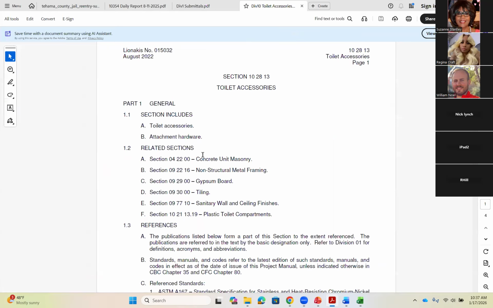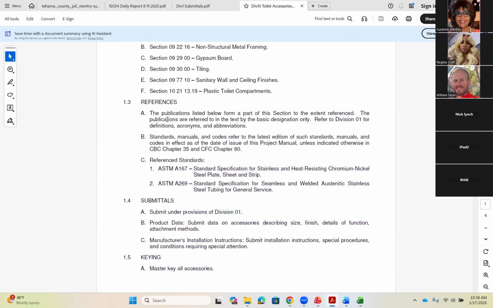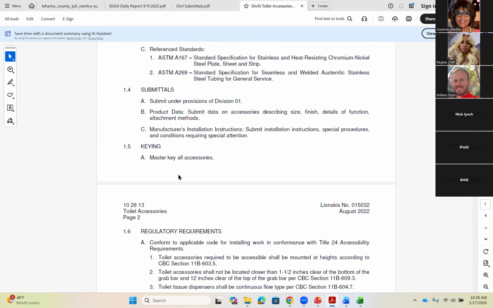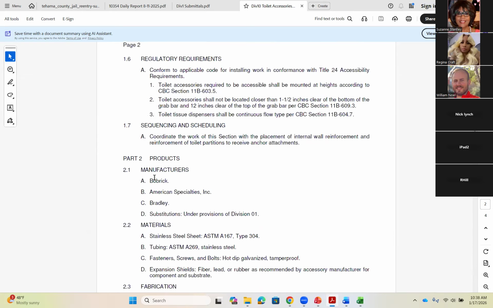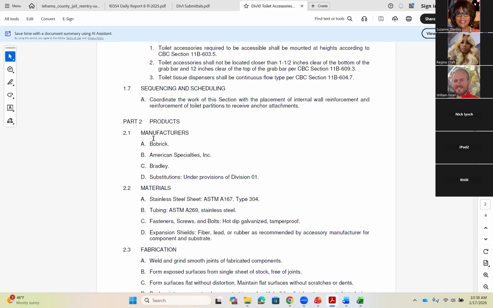All right, so this is the actual specification section again for toilet accessories on this job. It lists related sections, it lists some references. There's the submittals. Usually, section 2 is going to be called products. So this is where it actually lists the manufacturers that the engineer or architect wants you to provide on this